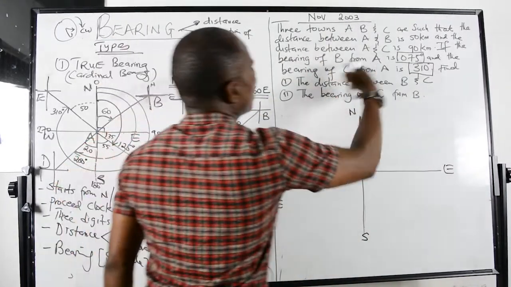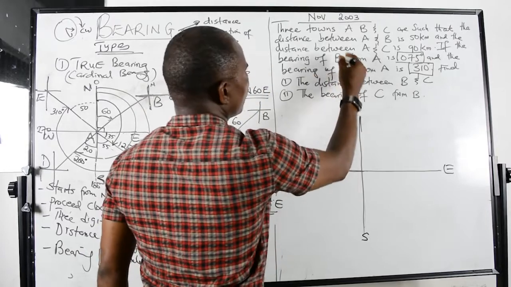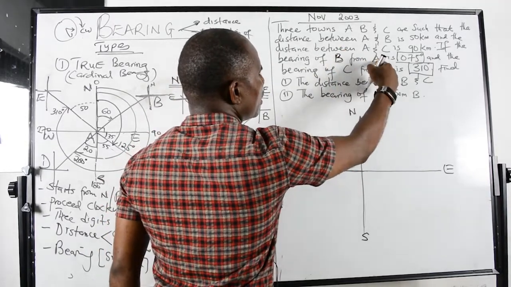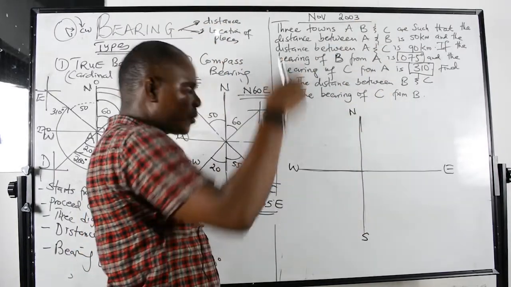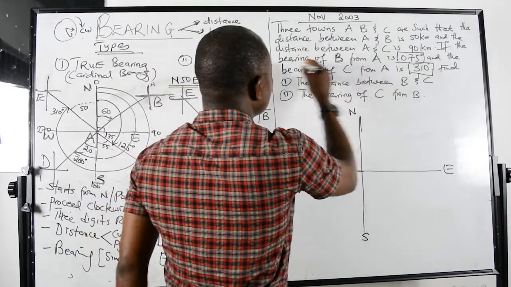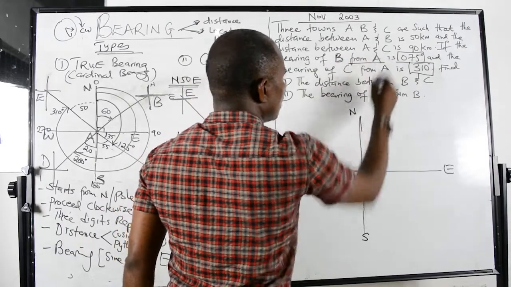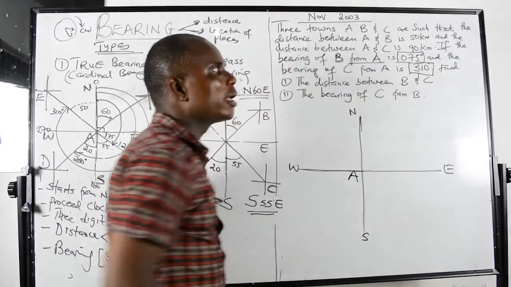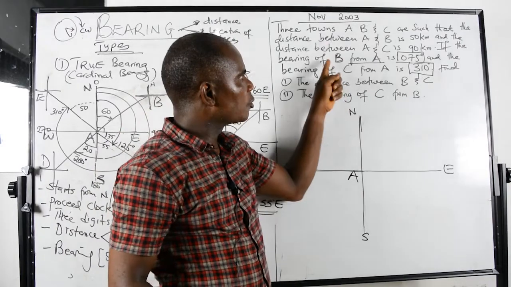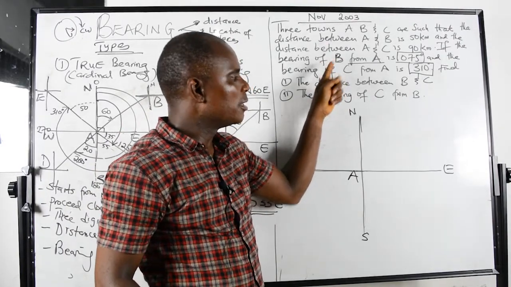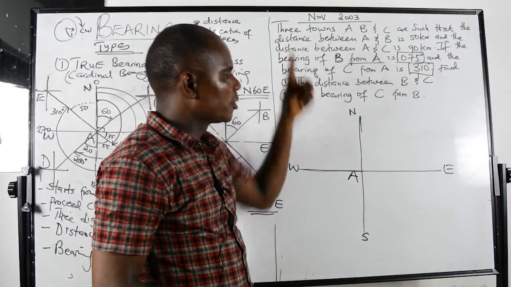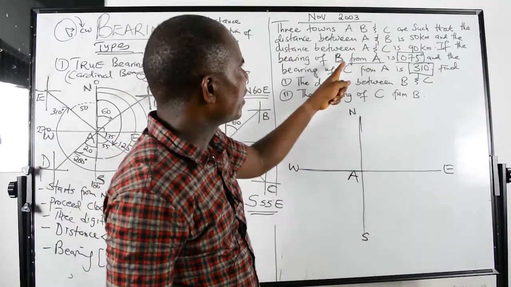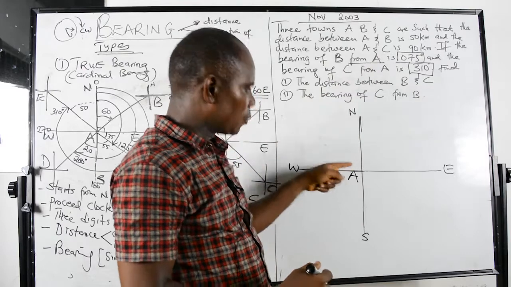So the bearing of B from A. If I tell you to move from Gambia to America, you have to start from Gambia. So if I say the bearing of B from A, I must first of all locate the position A, because it is from that A I'll be able to locate B. If I say move from Gambia to Nigeria, you are supposed to start from Gambia and go. So if I'm finding the bearing of B from A, I have to locate A first.